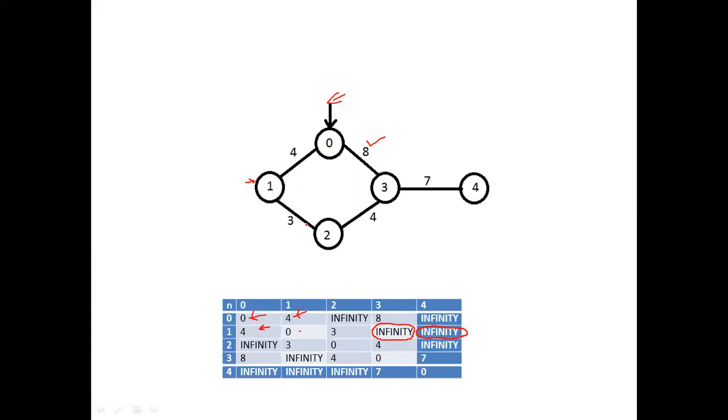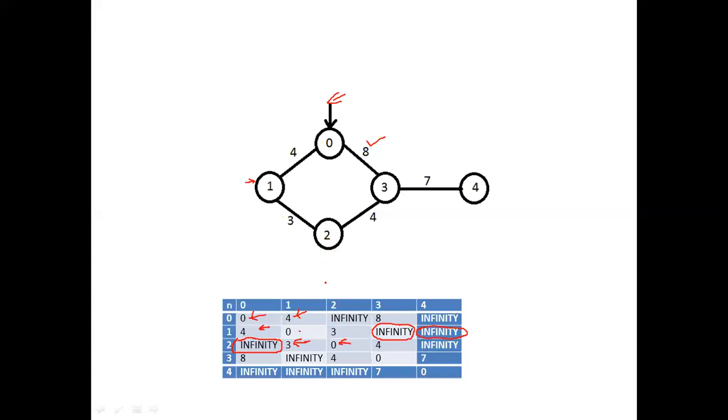Next, if I take the second node as a reference, here from second node to the 0th node, there is no direct connectivity. So that's why it is indicated as infinite. Next, second node to the first node, there is a direct connectivity and its weight cost is 3. So here in the matrix, it is indicated as 3. Next, from second node to the second node, same node, the distance will be 0.